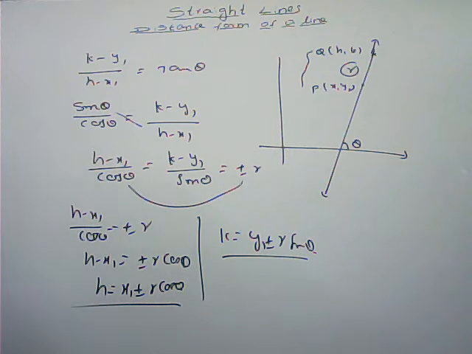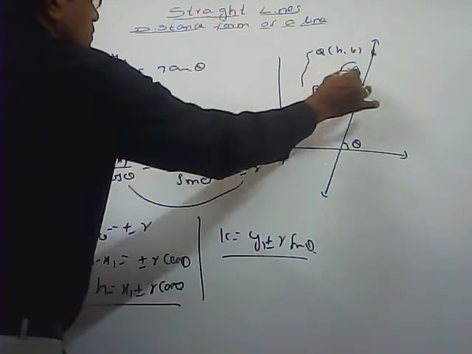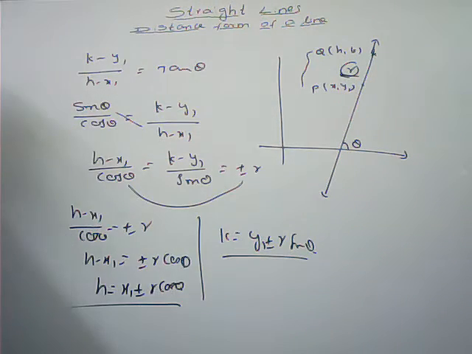See, one point is given and inclination also given, then we can write any point on that line at a distance r units. So here, for example, (h, k) is one of the points at a distance r units from (x1, y1). So the coordinates of (h, k): h is equal to x1 plus or minus r cos theta and k is equal to y1 plus or minus r sin theta. Now we can discuss some problems related to this concept.